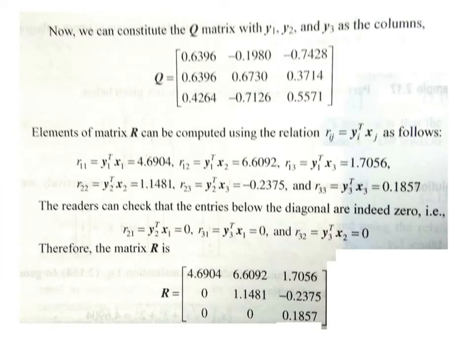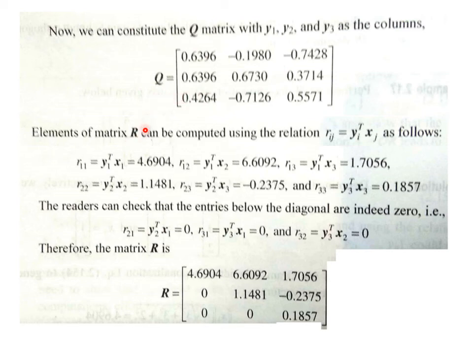You have to remember y1, y2 and y3, these three columns, along with x1, x2, x3. Mixing these all together, we will find Q and R as matrices, and that will be the completion of QR decomposition in the next slide. Now you can see, out of QR, the matrix Q is constituted by y1, y2, y3, arranging them as columns, first, second and third columns respectively. Q is constituted. Now we need to constitute R also.